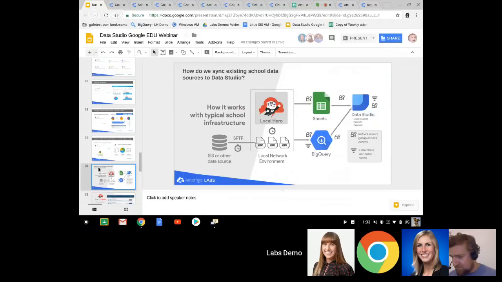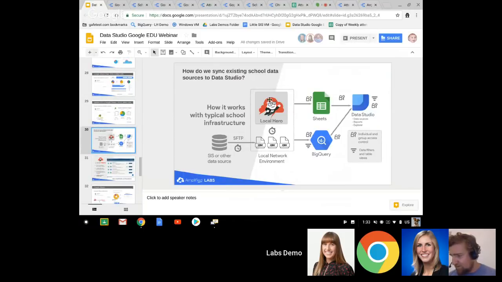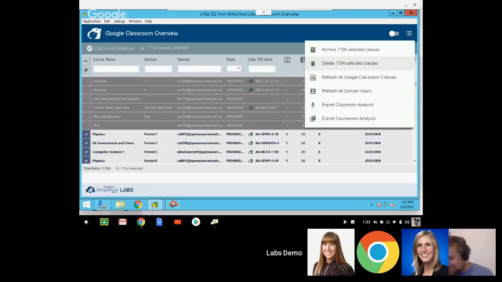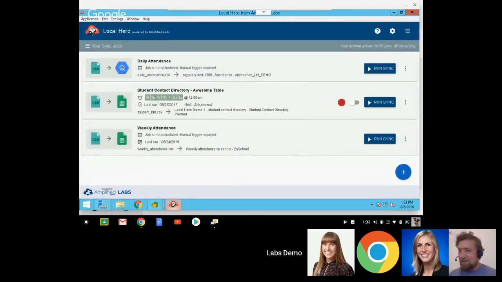And so with that, we're going to look quickly at what Local Hero looks like. I managed to open a Chrome browser on my Windows server. So this is what Local Hero looks like. Right now I have 3 what I call jobs. These are sync jobs. The one on top is pushing daily attendance, which is a CSV file, and it's going to be appending it